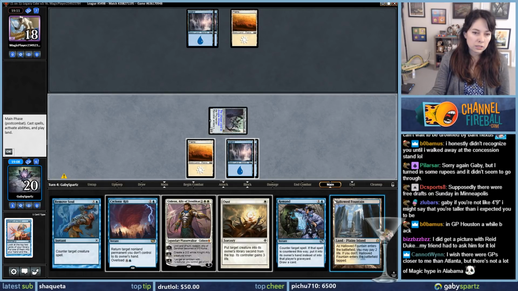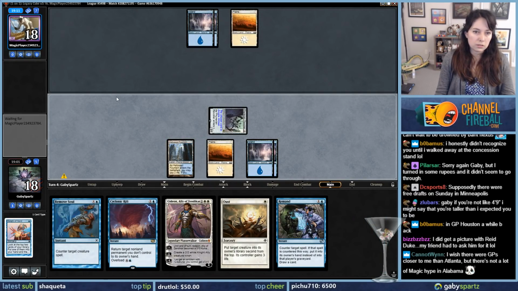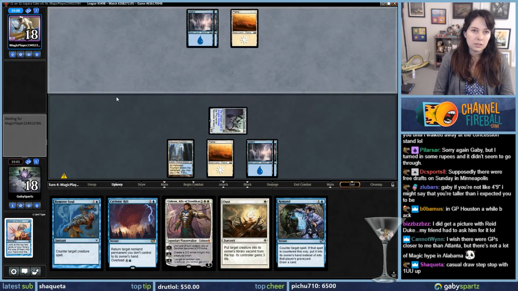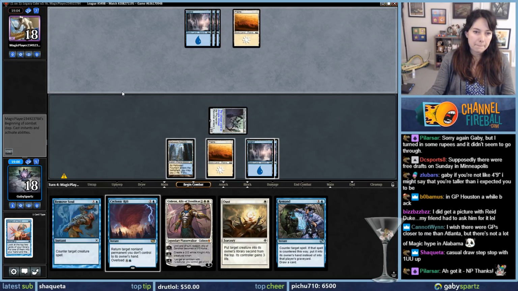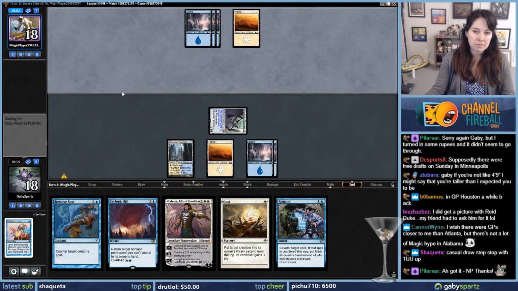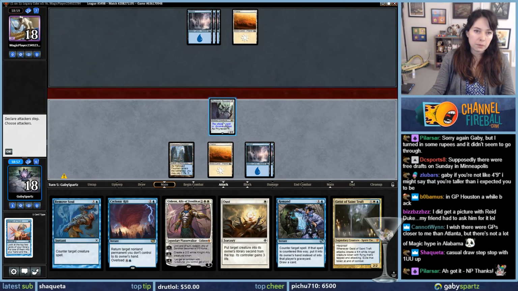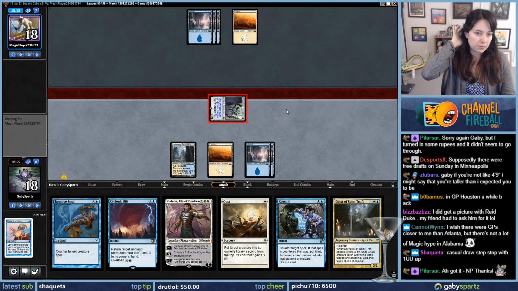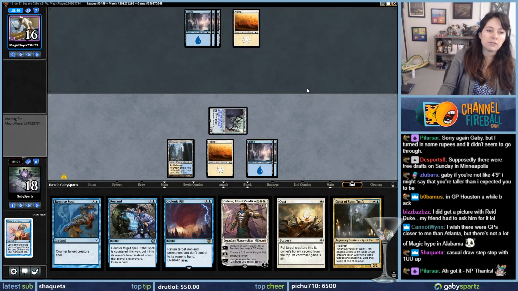They're kind of doing nothing. The onus is on them to do something. So I think I'm just doing this. I thought they were going to Vendilion Clique me at the end of the turn there. I want that with backup Geist of Saint Traft. It's kind of on them to do something here, because we have both Remand and Remove Soul. I would play Geist of Saint Traft if I had the Remand up, but